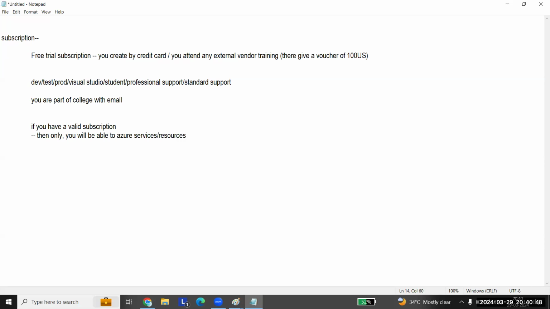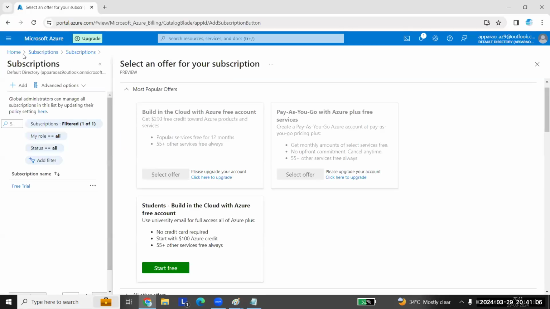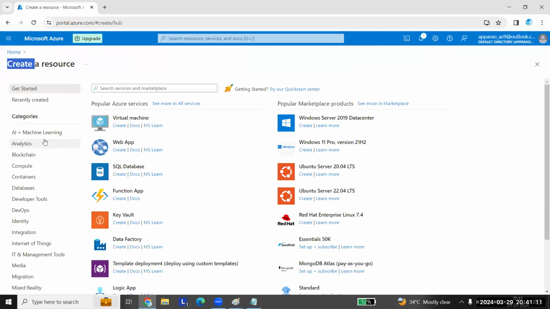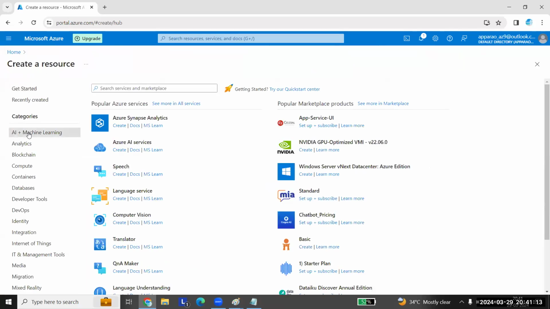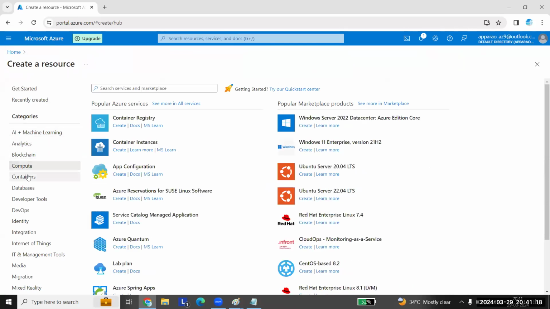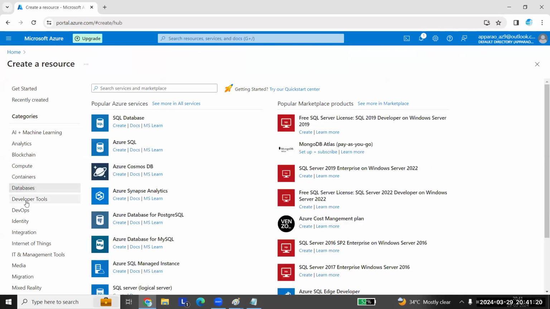Anything that you create in the cloud is a service or resource in Azure. When you go to the portal here, you see a resource list. In these categories you see machine learning, analytics, blockchain, compute, containers, databases, tools.